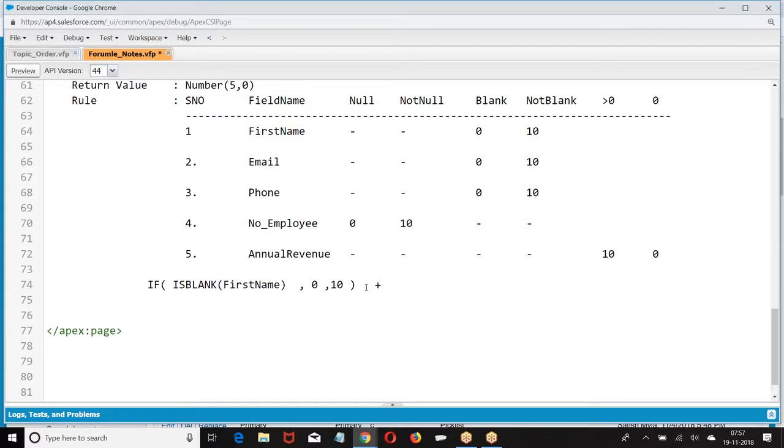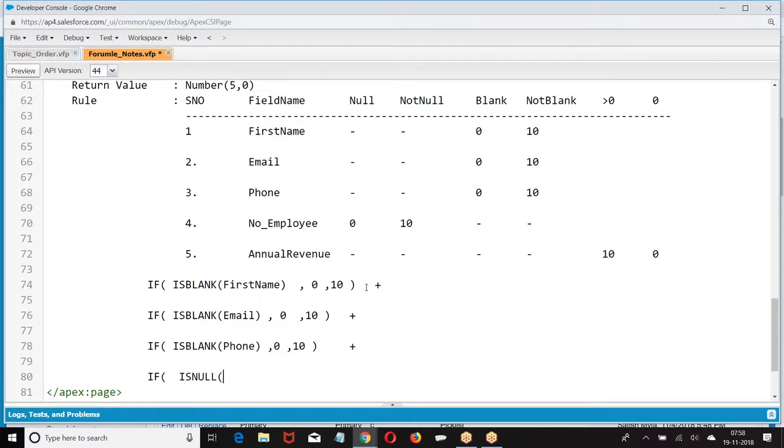Plus, if is blank of email, if email is blank, give 0. If is blank of phone number, phone number is blank, give 0. Then I have, if number of employees, how you give?